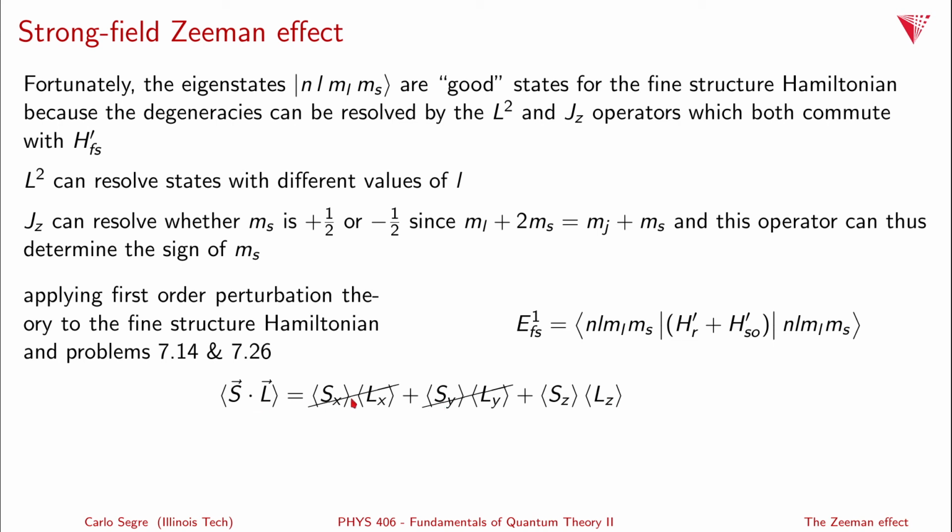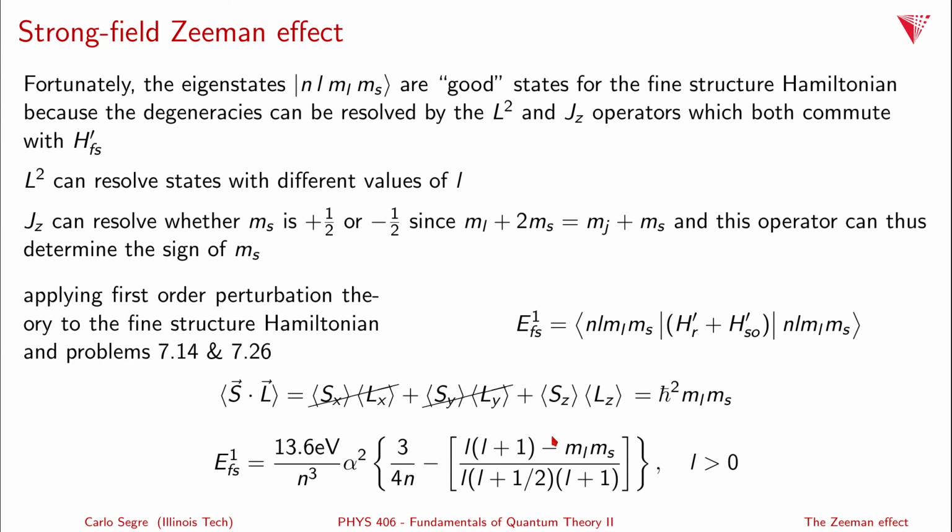Now these two are indeterminate, right? So they average out to 0, and you're left with the inner product of S sub Z and L sub Z, which gives you h bar squared M sub L times M sub S. And so in perturbation theory, the spin orbit Hamiltonian becomes very simple. It has this term, h bar squared M sub L M sub S. When you put that all together, you get